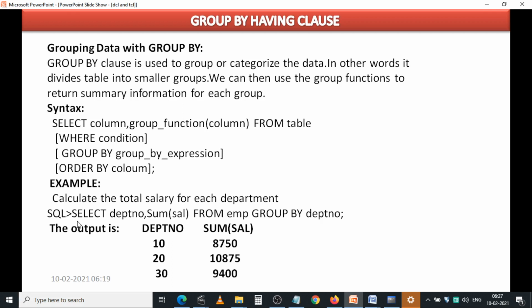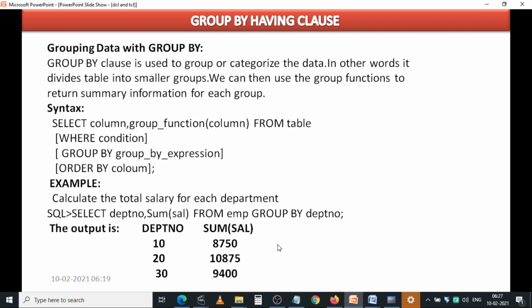Because if you mention a single column, it returns 14 values, but when you use group functions, it returns only summarized values. Then it shows department numbers 10, 20, 30. In the 10th department, the sum of sal equals 8,750, like this.